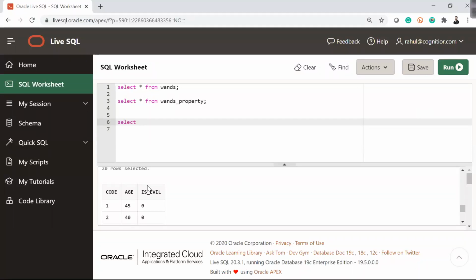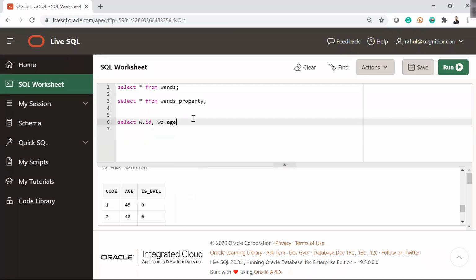Now code. Age is coming from the second table, which is WANs property, and coins, power, and code are coming from the first table, that is the WANs table. So I will write, let's say, w.id, comma wp.age, because wp is giving me the age from the second table.